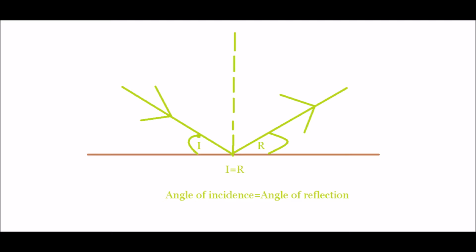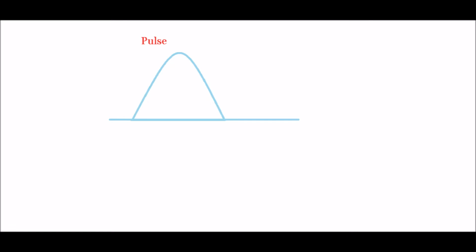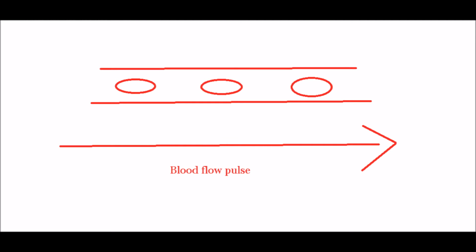Now a wave has several components that make up its being, primarily of which is a pulse. The pulse is a singular disturbance. It would be like a single crest or trough on a wave. Have you ever heard of somebody taking your pulse? That's because a singular heartbeat displaces your blood, allowing it to flow.